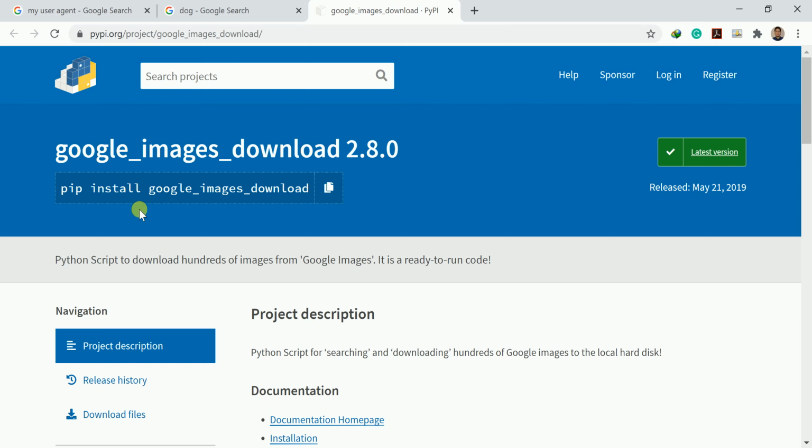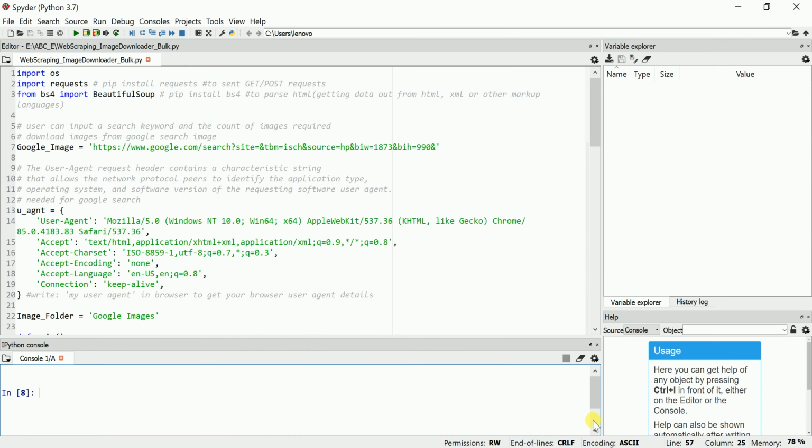Similarly, this library is not working as of now, and who knows, after a few days even my code might not support this.